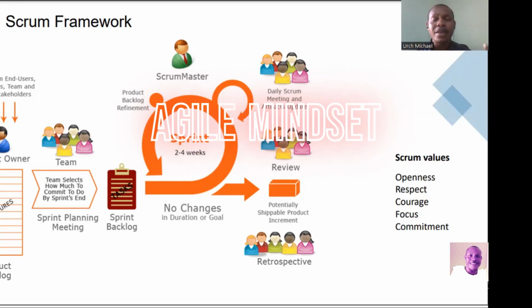So it takes time. In Agile, we're looking at how we can build the team. In project management, generally, you talk about the various phases a team will have to go through. The team is formed. Then once the team is formed, we have the storming. Then after the storming, we have the norming. Then after the norming, you have the performing. Then you have the adjourning of the team. So first of all, you have to form the team.